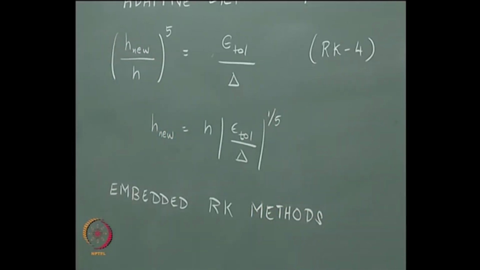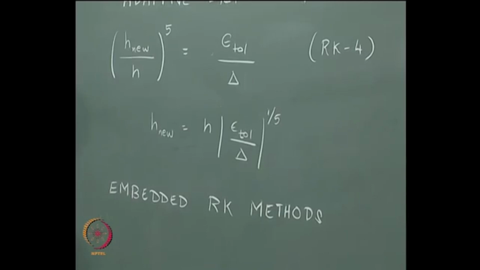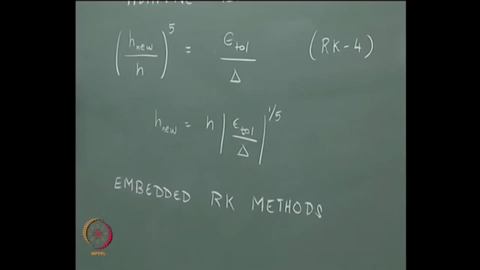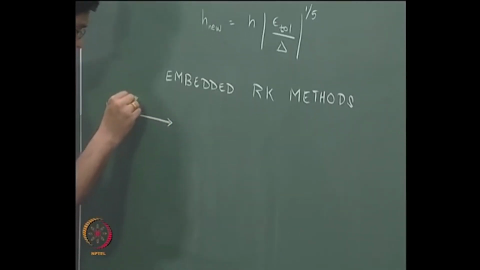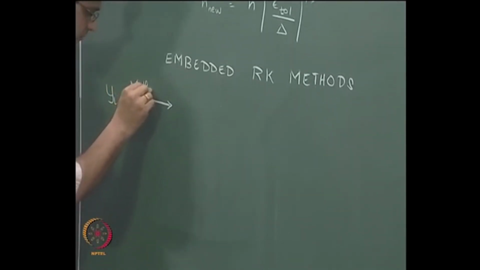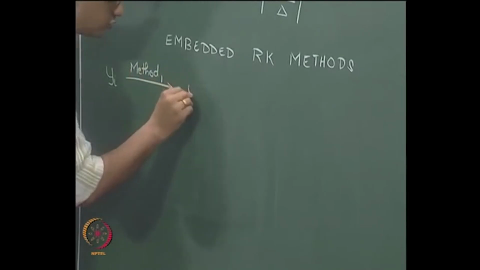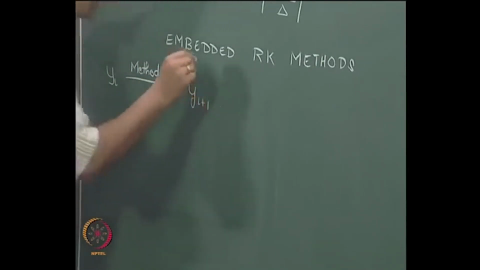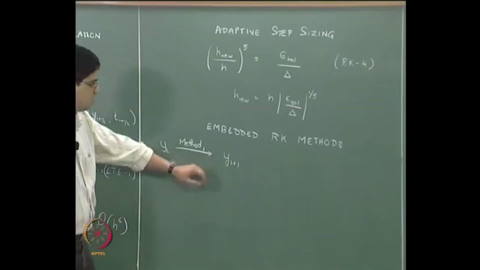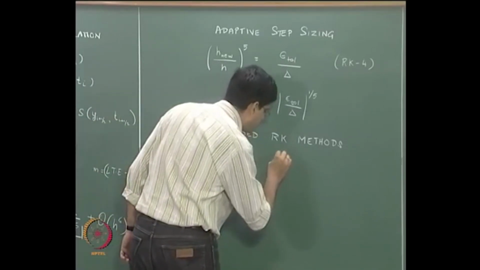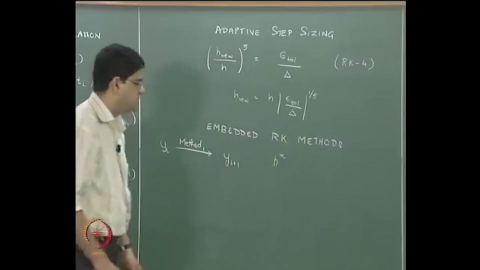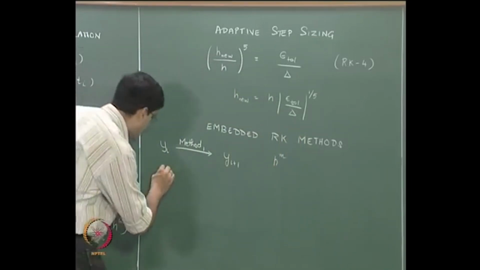Okay, so what we are going to do is we will start with y1 and try to use method 1 to go to y i plus 1. Okay, and this particular method would be of order h to the power m accurate. Okay, we will use another method,